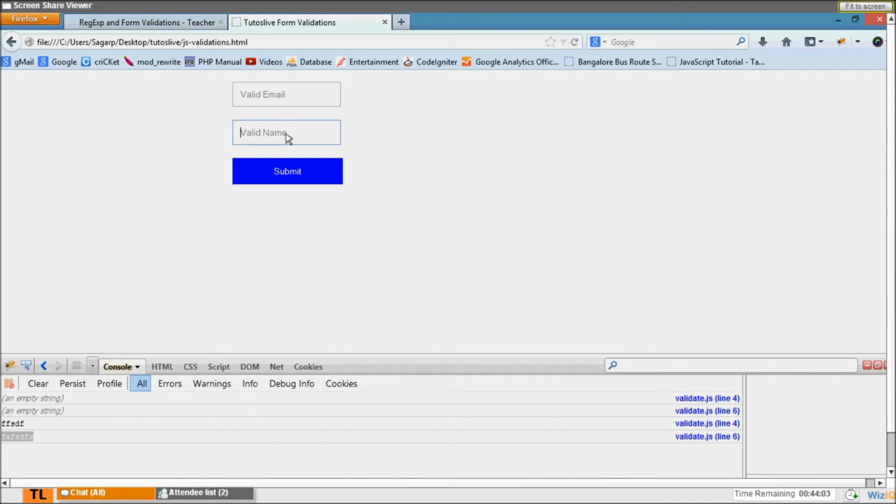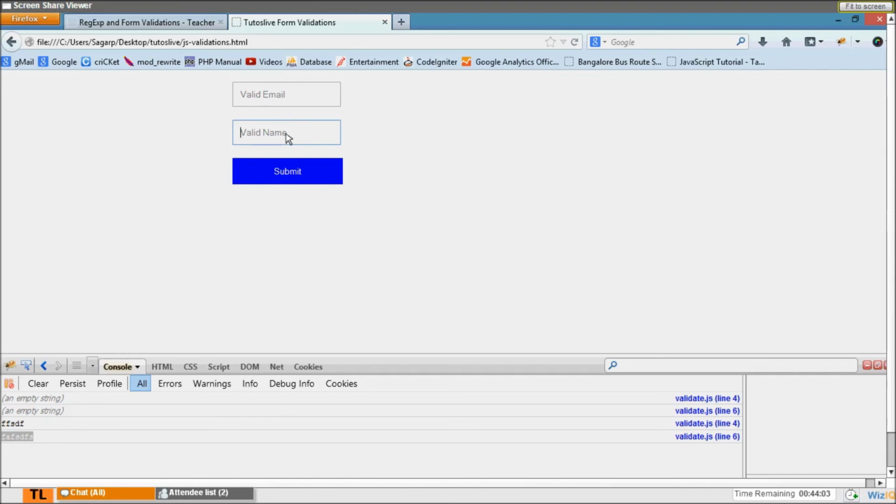So now how is our email validation done? For name validation, let's do. So the name validation. So I'll remove these console.logs. We don't want them, or I'll comment them out. Now let's see, how do we do this?